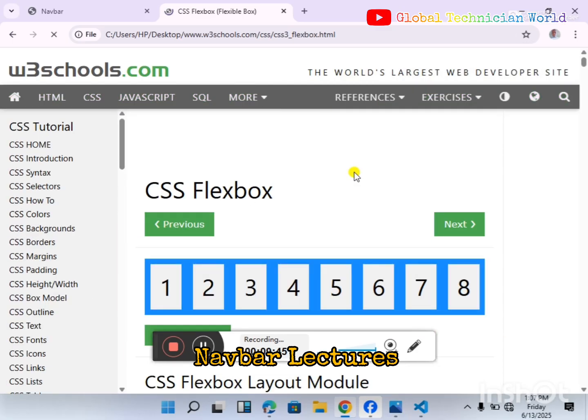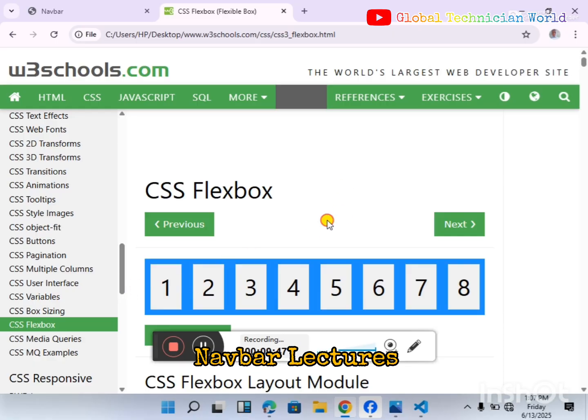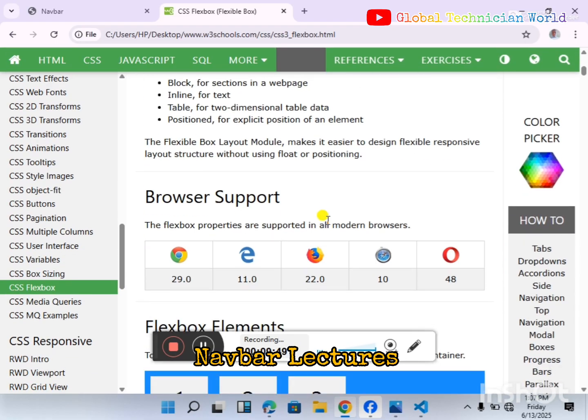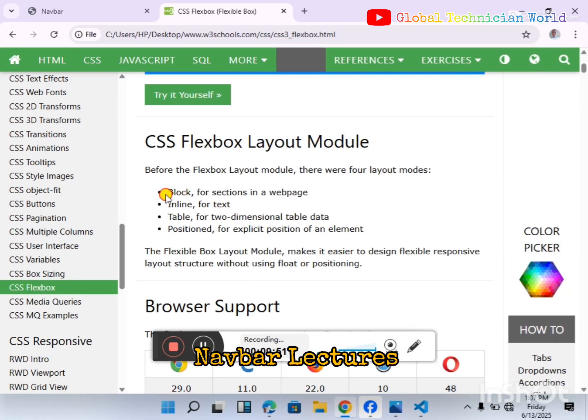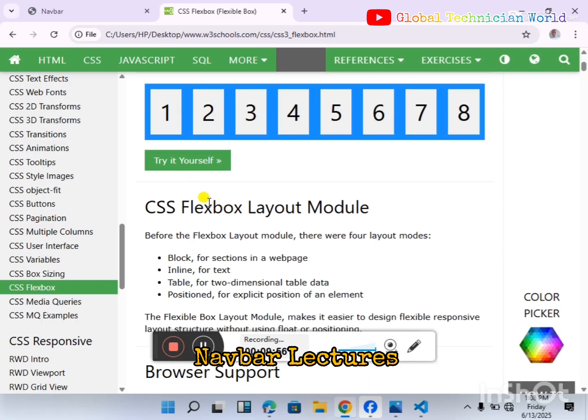So when you go to Flex, you will see you can make elements stay side by side, even if they are block level elements. You see it? So you are going to use something called Flexbox. All you need to do is use a bigger element to control the smaller ones. For example,